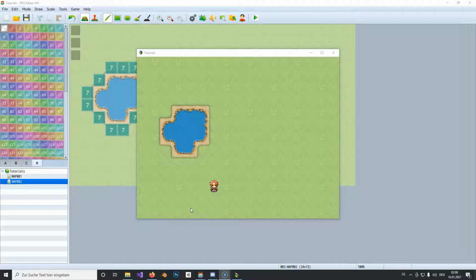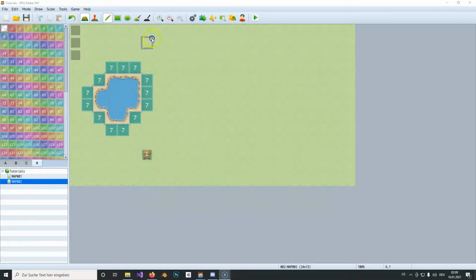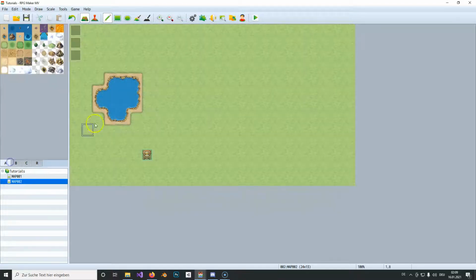In this tutorial I will show you how to create a little jump for your player so you can jump over, like here, over water or whatever you like, and this without doing hundreds of objects or hundreds of events to check each position, and so it does this automatically if you just go into the